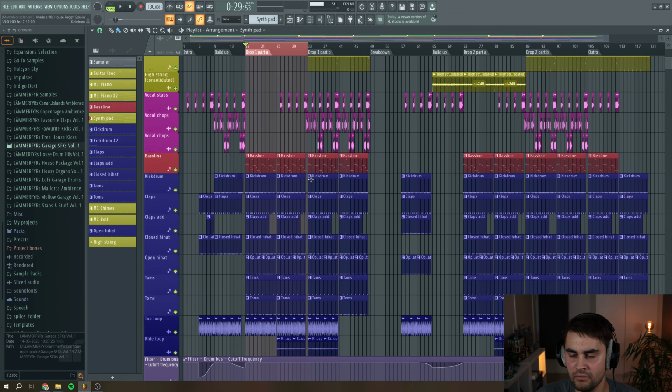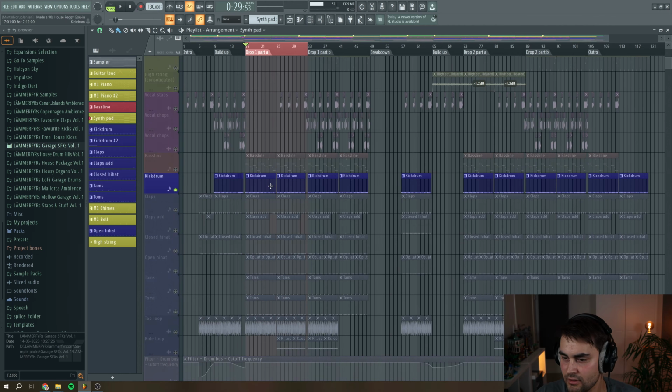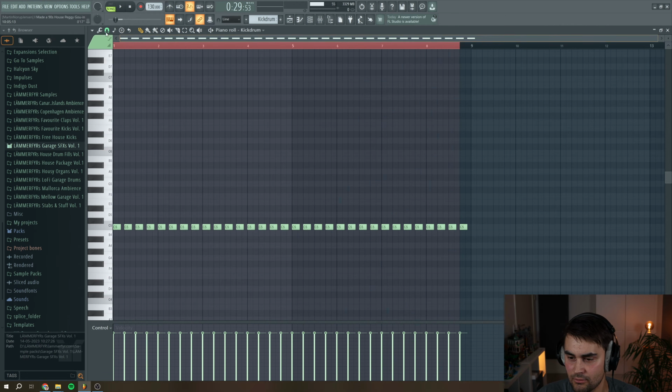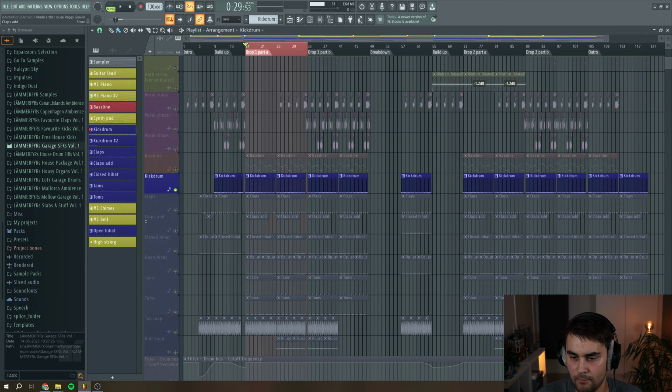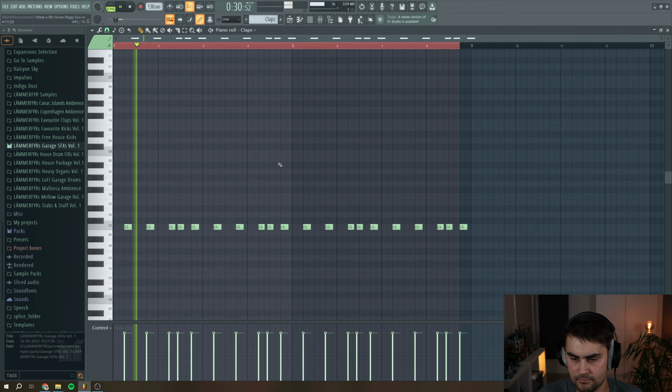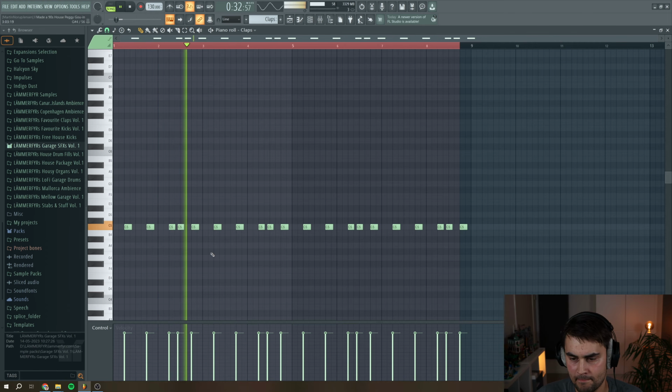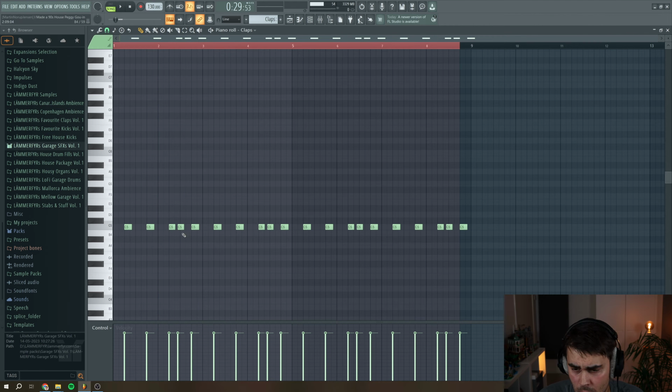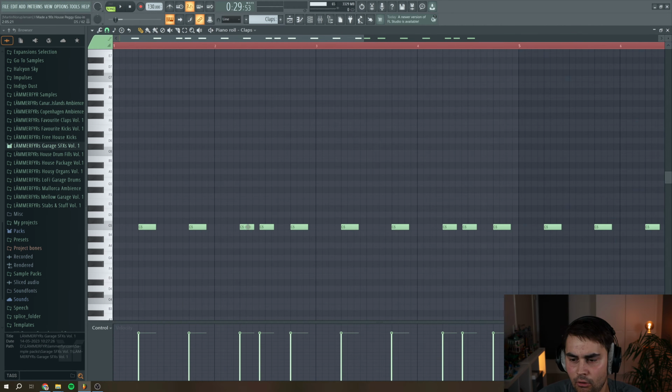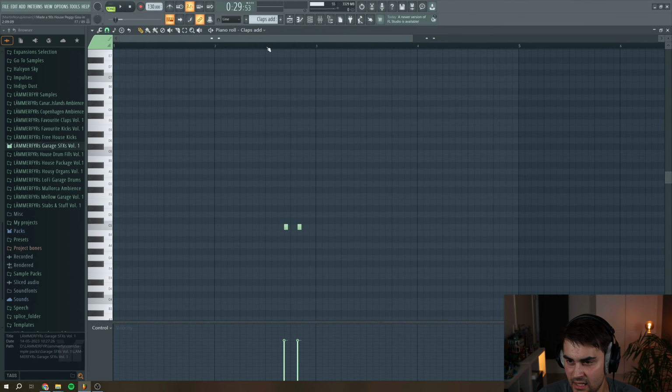So I want to start with the drums. So we have a kick drum, just a standard kick drum, just playing four to the floor. Then I have a clap with some ghost notes right here, creating a kind of syncopated rhythm. Then I've added these extra clap adds here